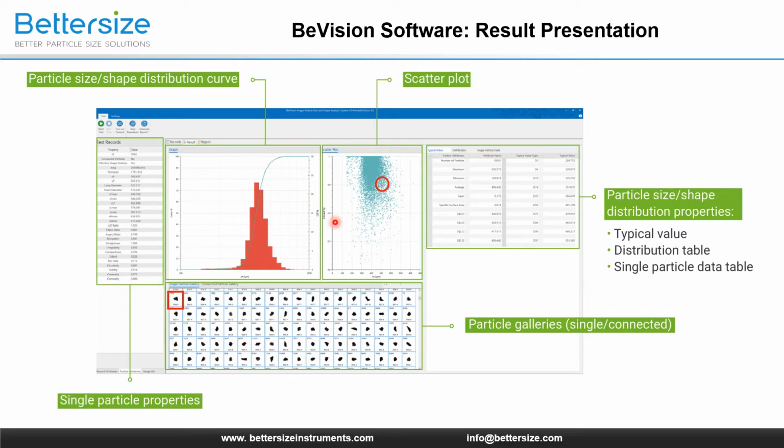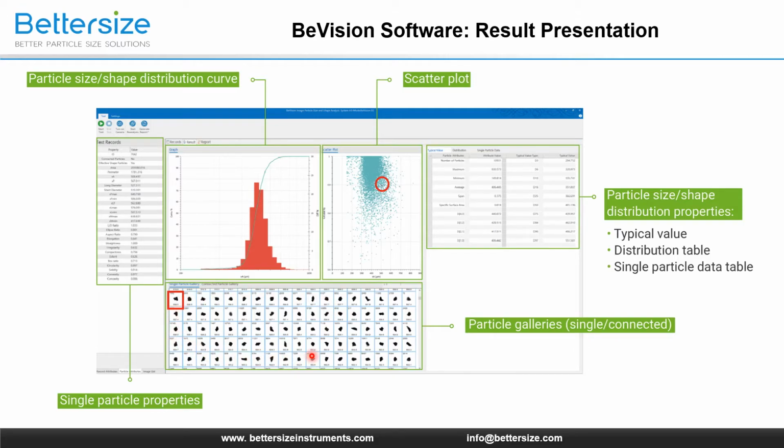The second one is a scatter plot. It describes the relationship between distributions of two particle size parameters or shape parameters. Every point on the scatter plot, as we discussed, corresponds to a particle. The third one is particle galleries on the bottom.